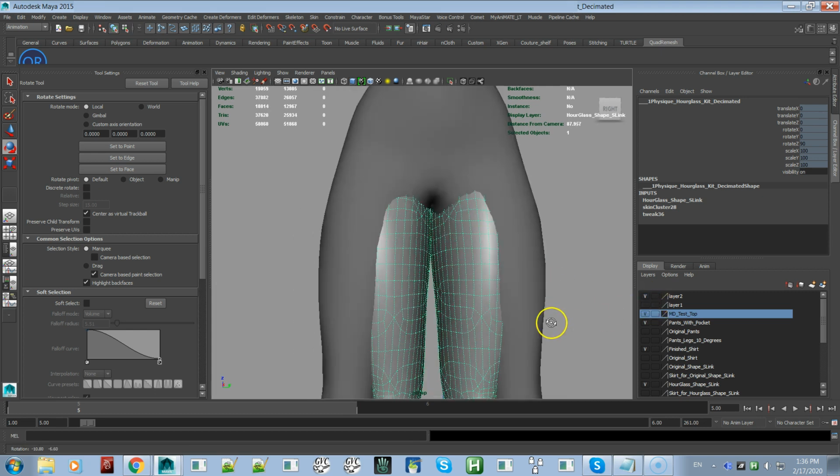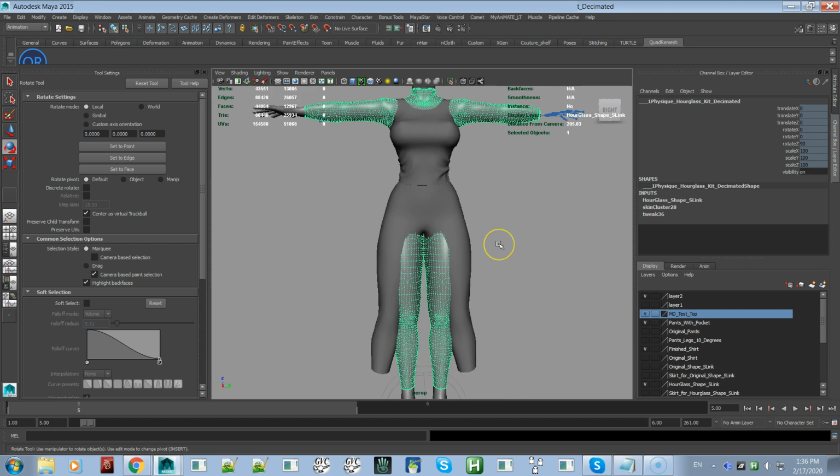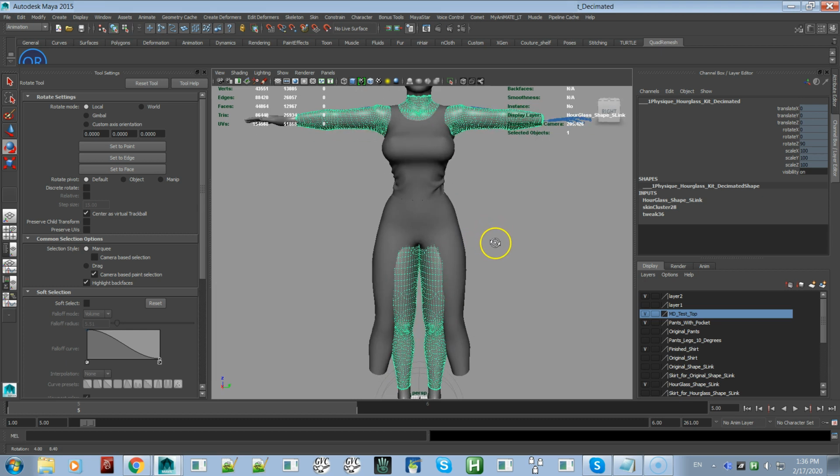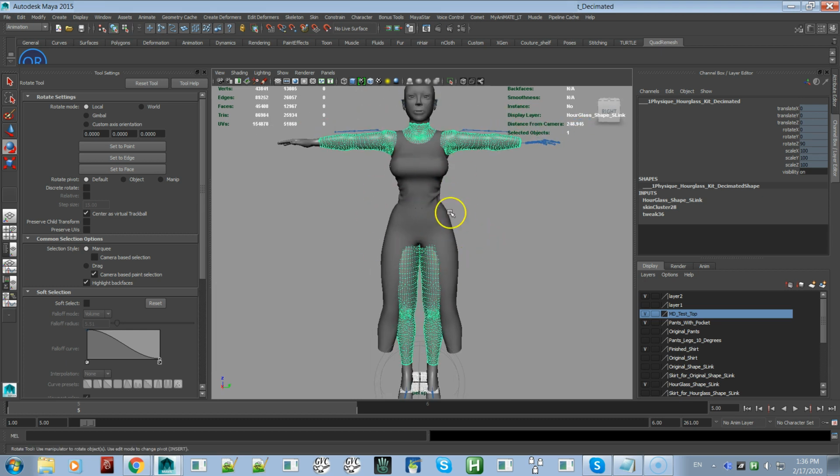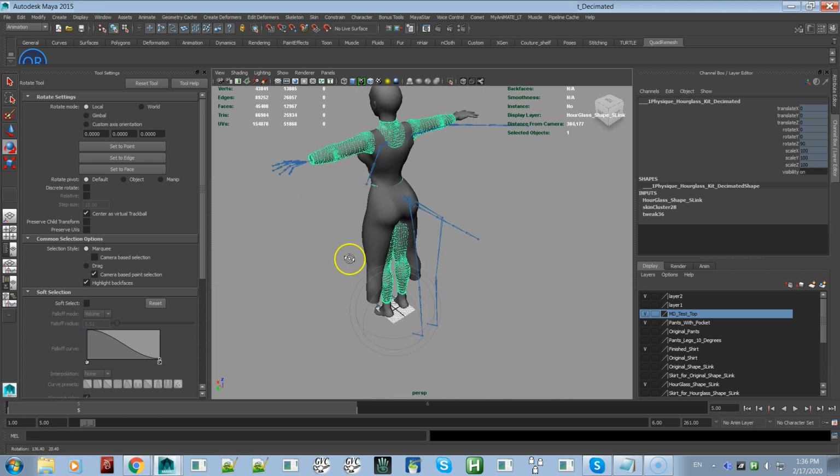So the easiest way to do it, although, how can I say this? It is always best to rig your clothes to the bind pose position of the avatar that you're rigging them for. One way you can find out what is the bind pose of this particular mesh avatar. This is a Slink